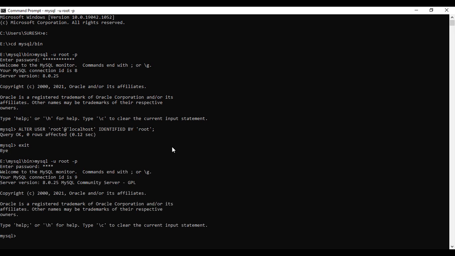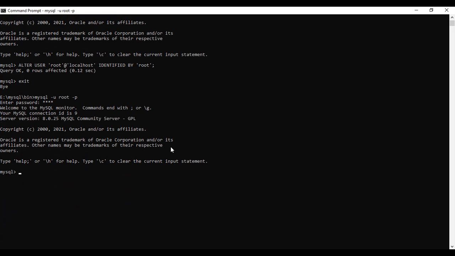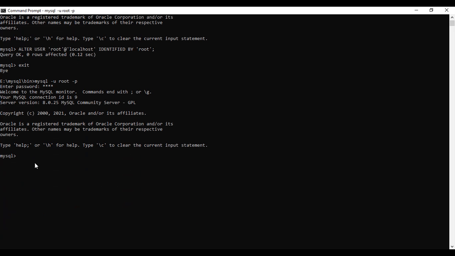So this is the process of manually initializing the installation on Windows. Actually, this is a very light installation of MySQL, not a completely packaged system. Here you can also work with the MySQL console from this command prompt. Got it? I hope you understand the concept. Now coming to the process of,